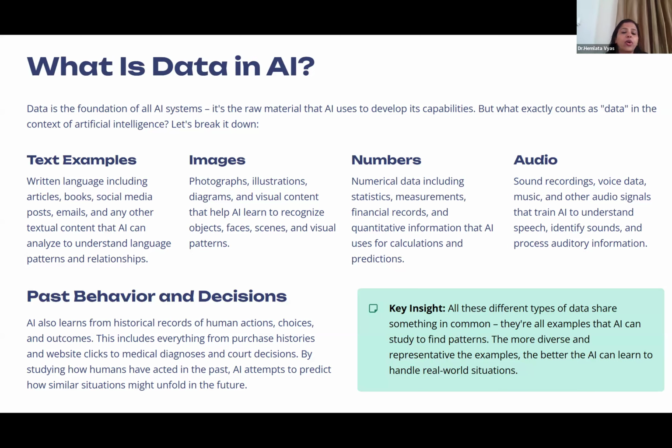Then AI also learns from the historical records of human actions, choices, and outcomes. What does this mean? If you have a ChatGPT account, you can feed in everything from the different projects you make, your food preferences, your medical history, your gym record, your yoga, meditation, and spiritual record. Then if there is anything bothering you, you ask, and it is able to bring that analysis. But as we mentioned, whatever we do, we have to bring a human insight into it.